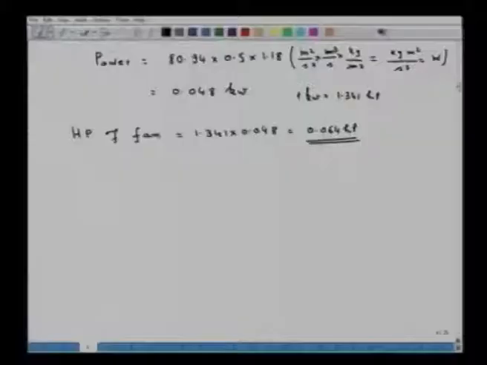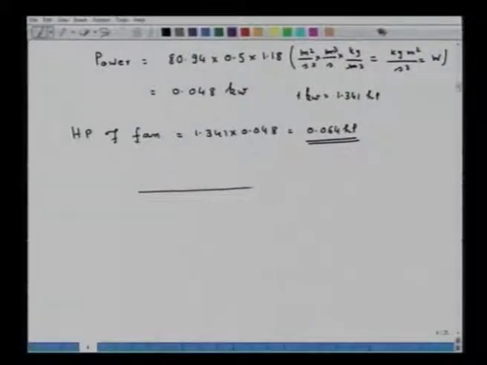In many cases it is required, say for example, for disposal of the products of combustion you require to create an extra pressure. So, that is the way you will be calculating. Now, just as an exercise, what you can do is that you apply the mechanical energy balance for the following situation. So, I am drawing in a sketch the same problem.